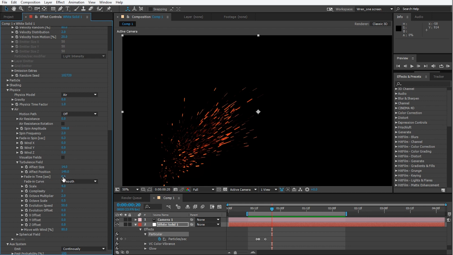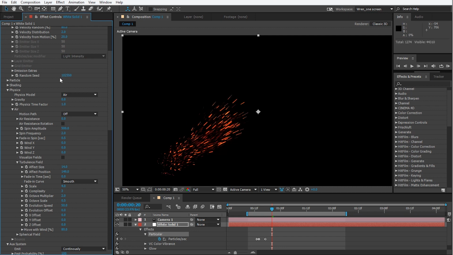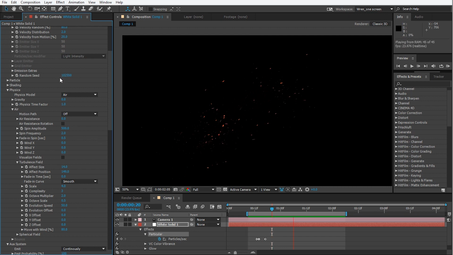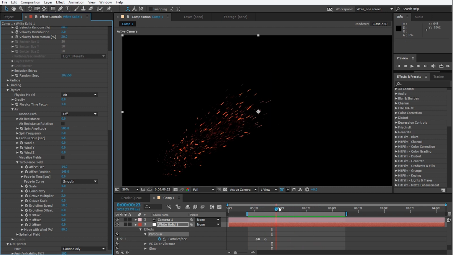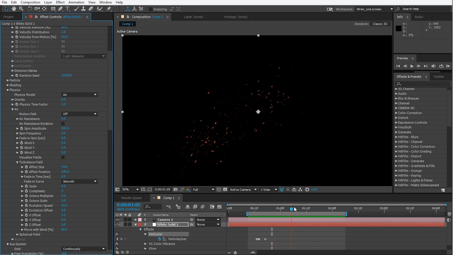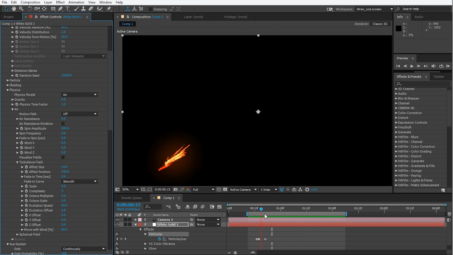And so I'm gonna set the turbulence field to 0 so that it's always in it. And I'm gonna up the spin fade-in to, say, 0.5. And if I reset my seed, let's see what that looks like. It's a little bit more natural anyway. Again, this is not a perfect particle system. We're using a noise map rather than actually simulating anything, but we can get pretty close, so this isn't that